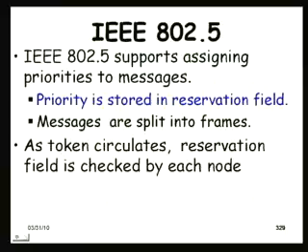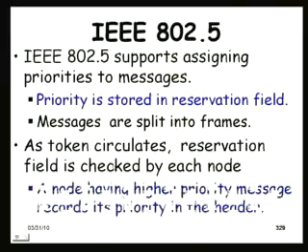As the token circulates, the reservation field is checked by each node, and if a node has a higher priority message, then it records its priority in the header, in the reservation field. It will write the priority value,